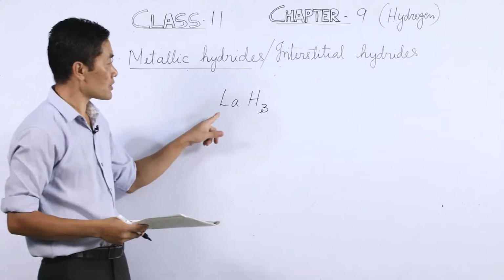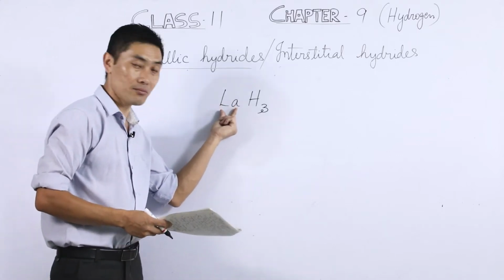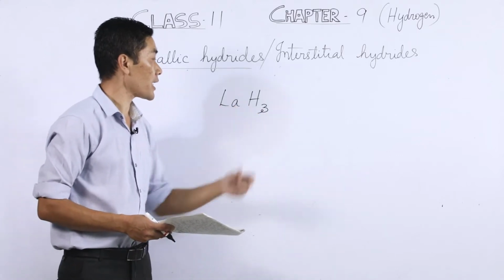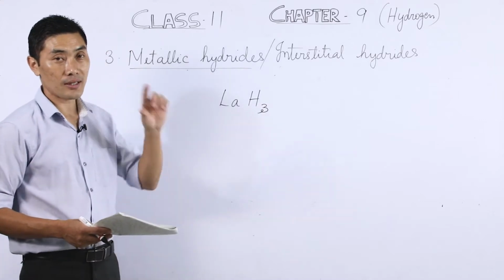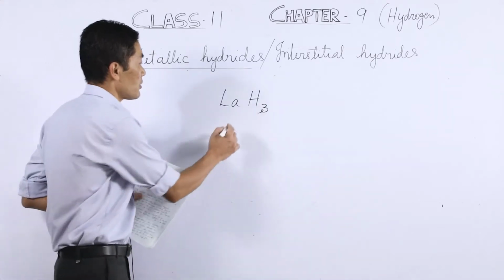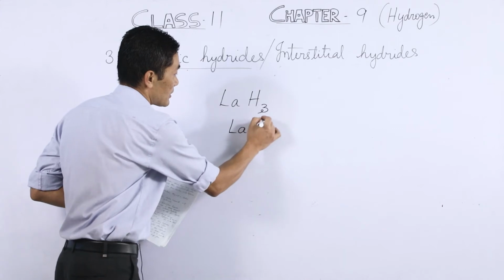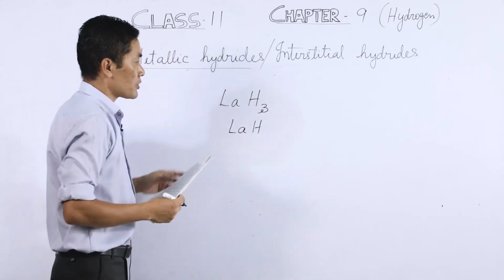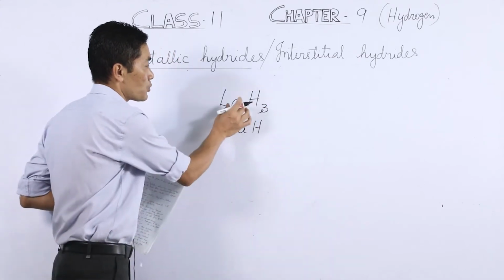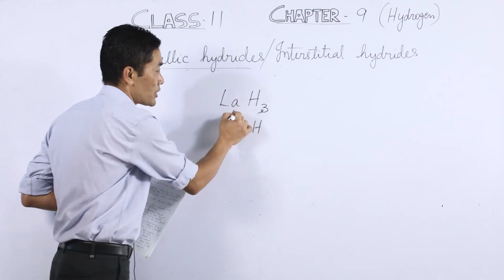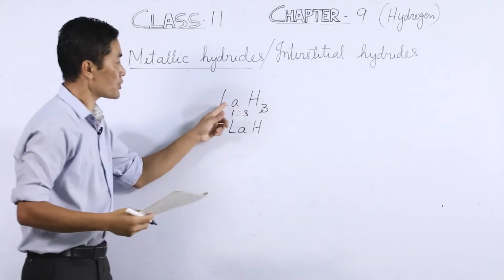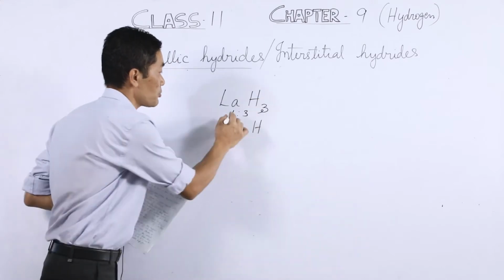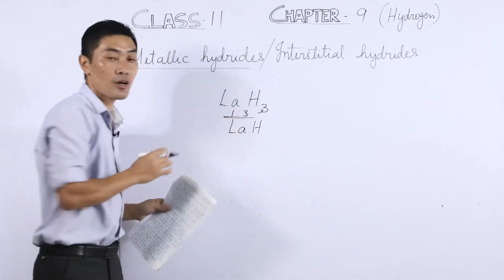So this formula suggests that for each lanthanum atom there should be 3 hydrogen atoms. But in the actual molecule, we find that the ratio of lanthanum to hydrogen, which should be 1:3 as suggested by this formula,